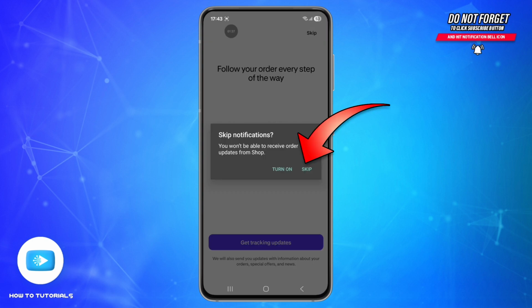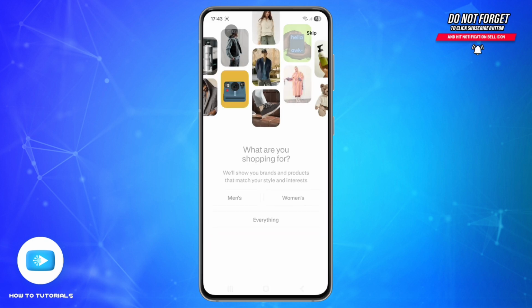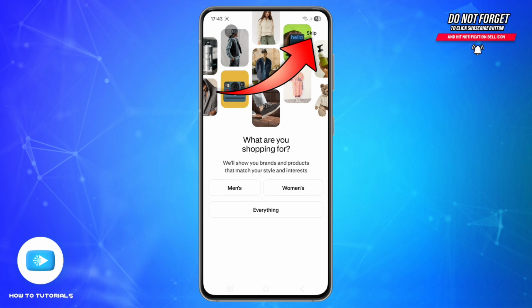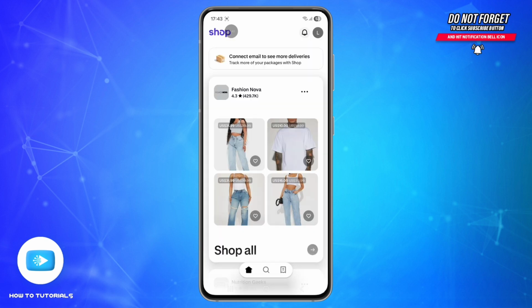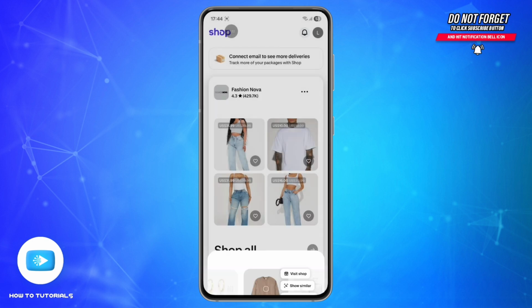Let me skip the notifications for now. I'll be skipping this one as well. From here, you can add your shipping address and payment details to complete your profile. And that's it. You have successfully created your Shop app account and can now track orders, shop and manage payments